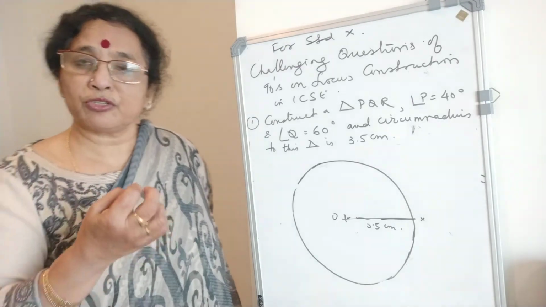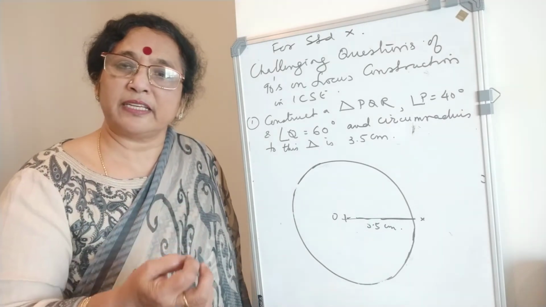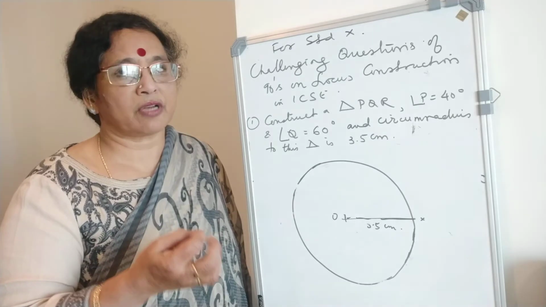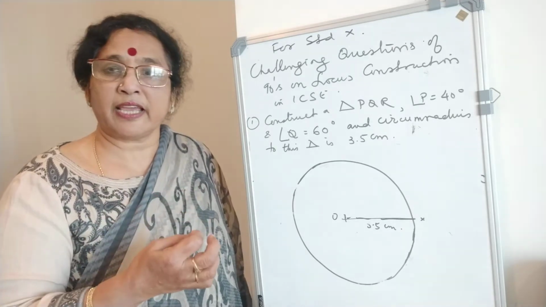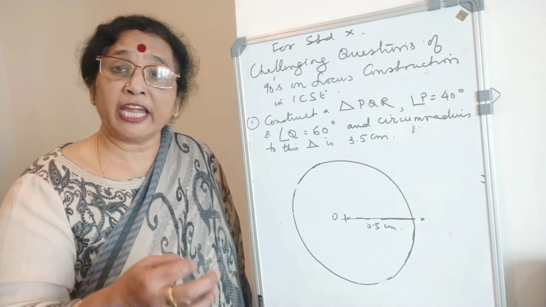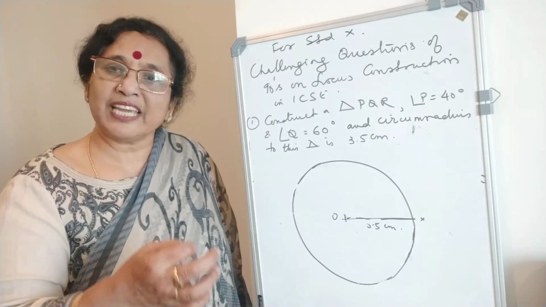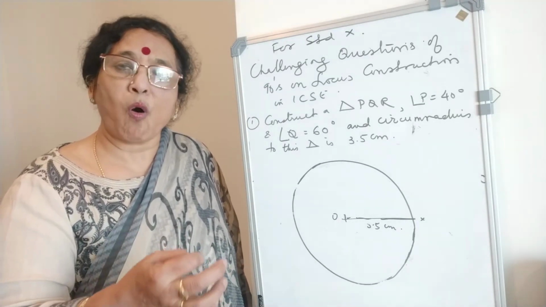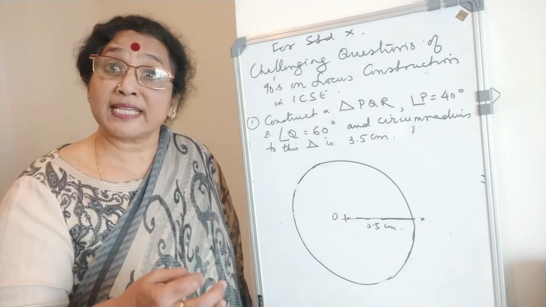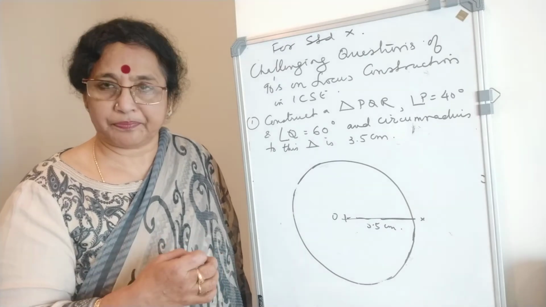One more thing you should know, the circumcenter is equidistant from all three vertices of the triangle. So if they say construct a triangle with the data given and locate a point P which is equidistant from all three vertices of the triangle, and also assign a special name to P,